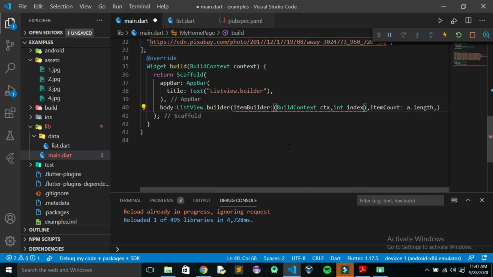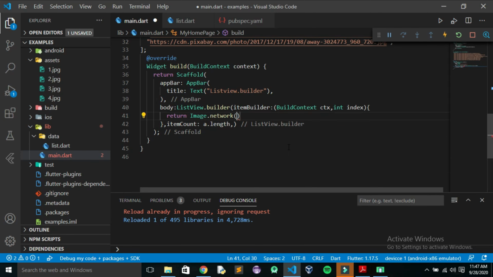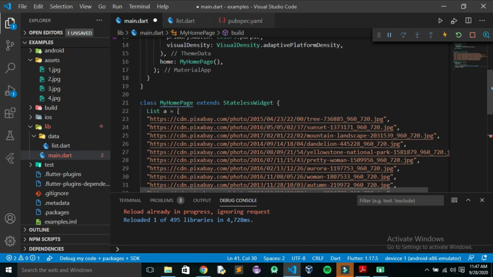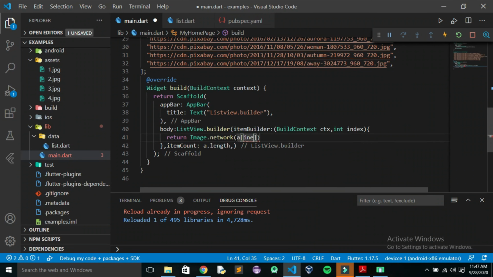So this index will be used to provide a particular image to be displayed. So in this I have to return Image.network, and here you need to provide the URL source. So we know that our URLs are stored in this list. So in order to access a particular URL, we need to write a[index]. So similarly we are going to do this here, a[index].